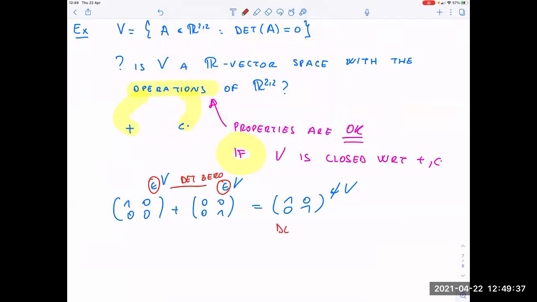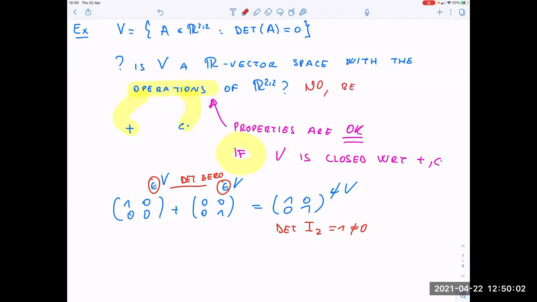And the determinant of this matrix, which is the identity, is 1. It is not 0. Okay, so what is the problem? It is not closed with respect to addition. Perfect, exactly. So you cannot take the sum of two elements of V and get, again, an element of V. And so this is why the answer is no,